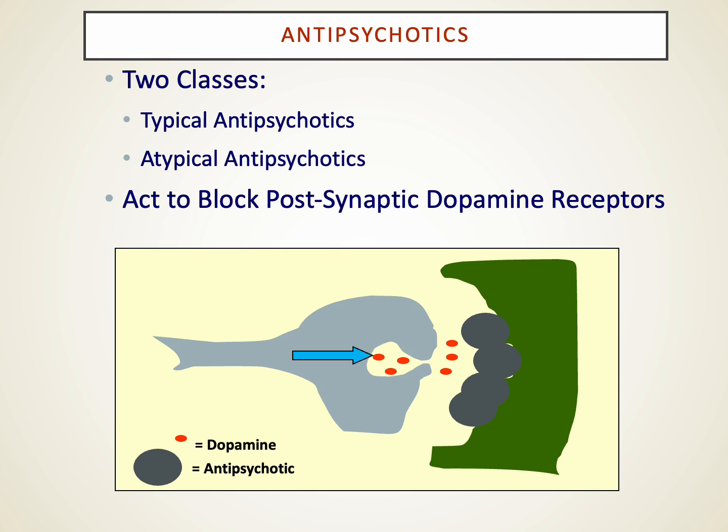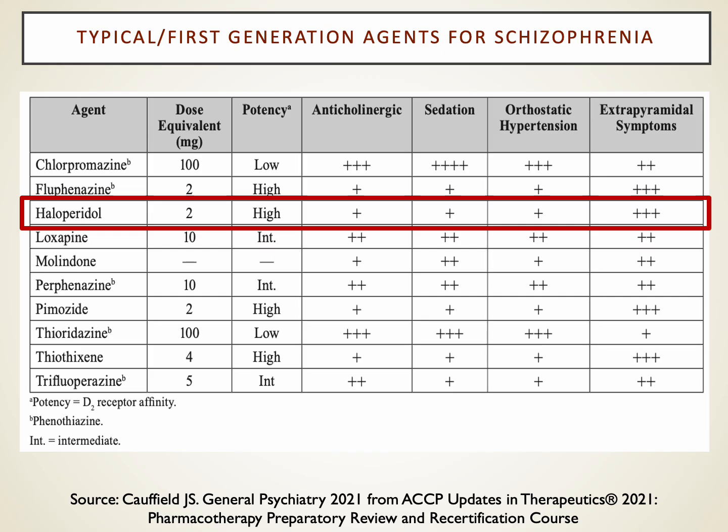Unfortunately, they also have affinity for some other receptors that cause some problems with some of these agents as well. Let's spend just a couple of minutes reviewing the first generation antipsychotic agents that block primarily dopamine 2 receptors. Of all of the ones that are listed on this chart, and this isn't the complete list, but these are maybe the ones that are still occasionally used in practice, there are only two on this list that I think are worthy of us focusing on.